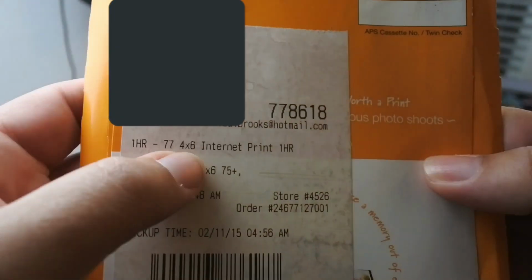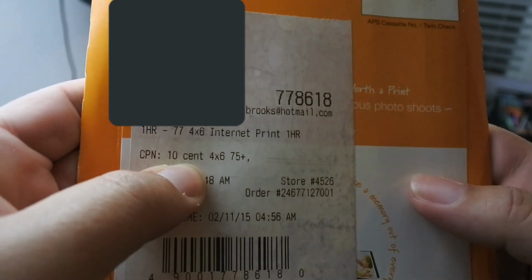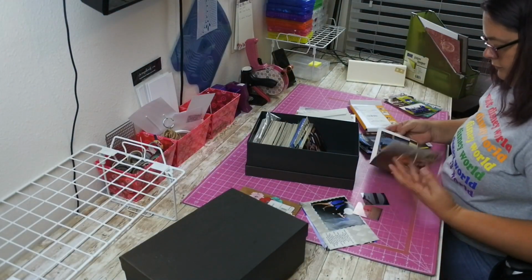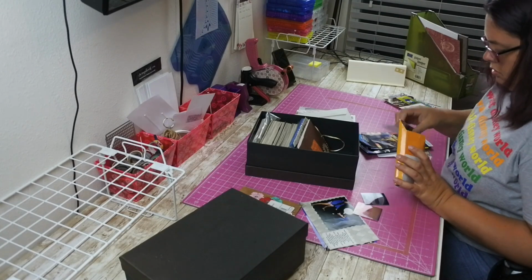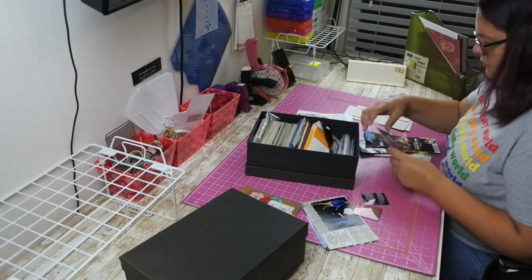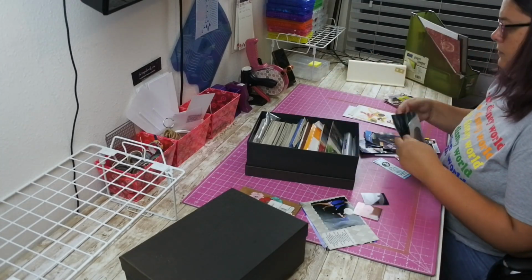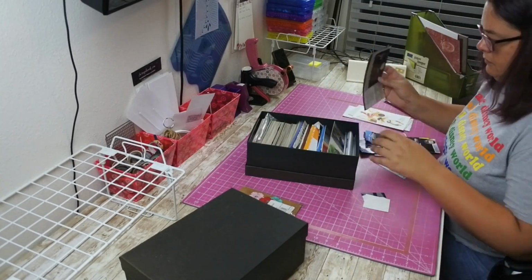I wanted to show you this here. These photos were picked up in 2015 and I paid 10 cents for them. And I feel like that was just the price, like 75 photos and they were 10 cents, no sale. So I'm just going through, taking out the stuff that isn't a photo. There were embellishment pieces in there. There was a CD. There was just random stuff. So anything that was a photo went in the photo box, and I'm going to put it on the top